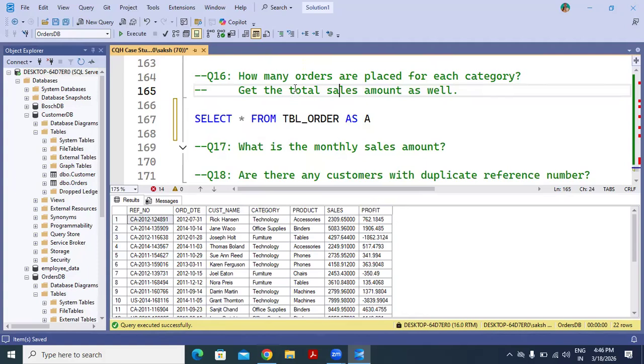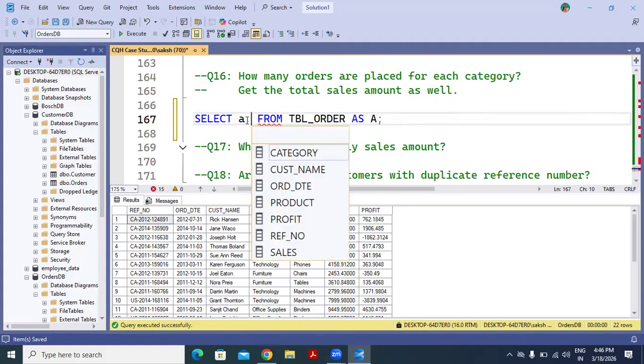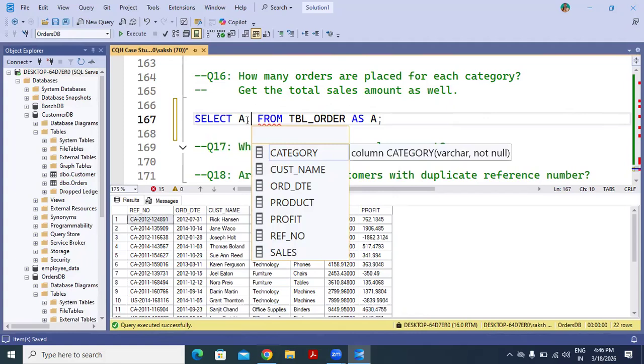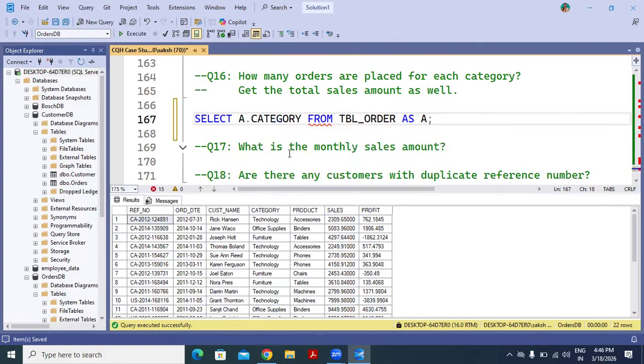So we need orders for each category and total sales amount for all the categories. So for that, what we need is the category column and the sales amount. So let's select category. So we need the category column and the sales column. If we select it and execute it,